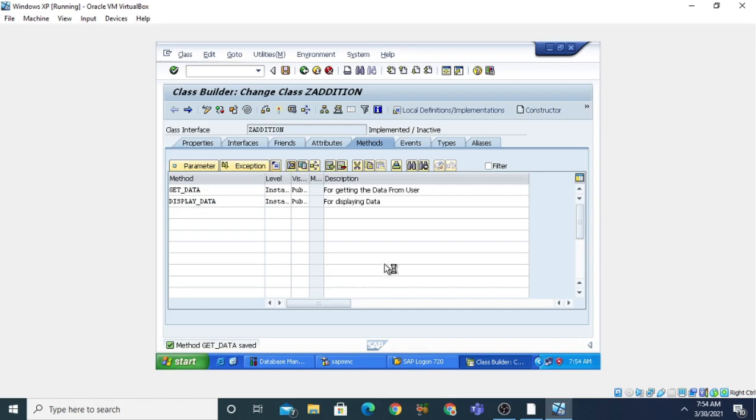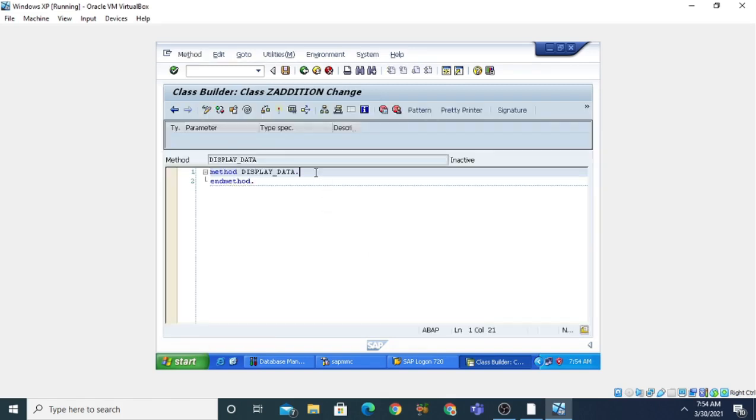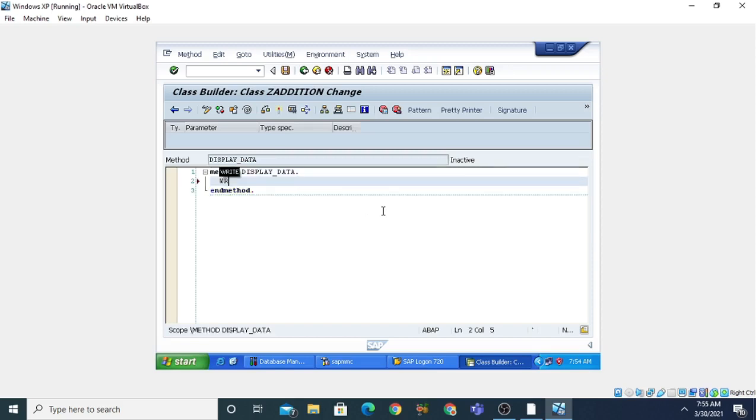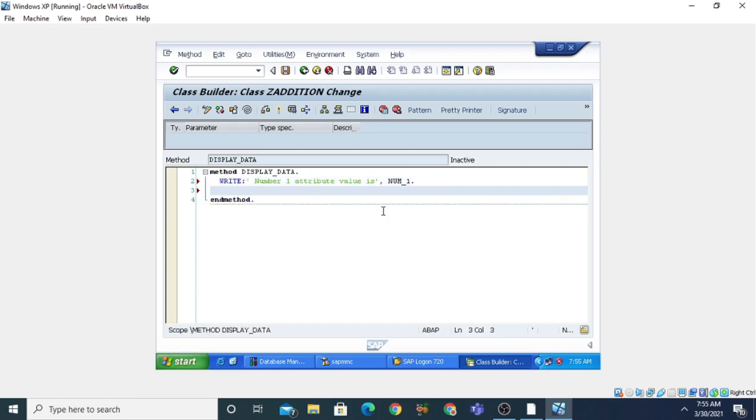It will open the page on which you can write. So you can write here: number 1 attribute value is, comma, and the attribute was num_1. Similarly, you can also write number 2: just copy it, Control C and then Control V, and this will be your number 2 attribute value.